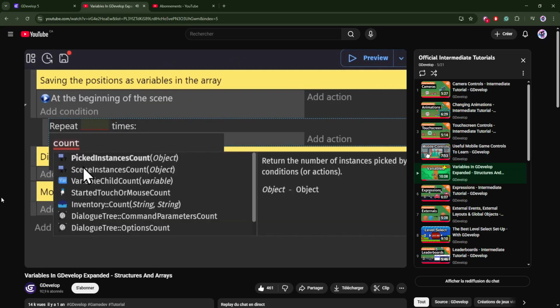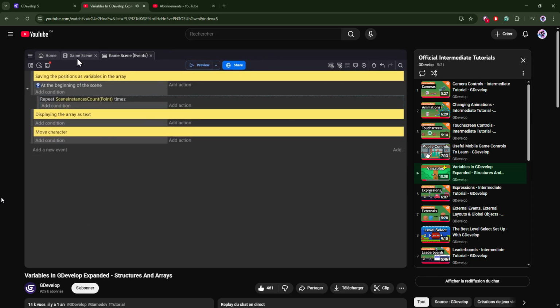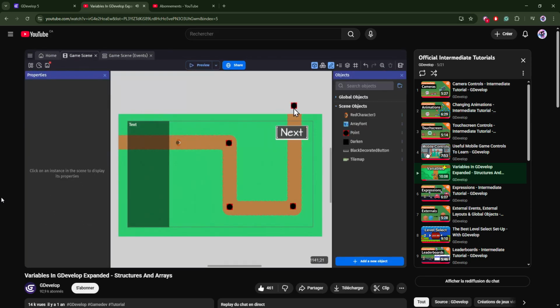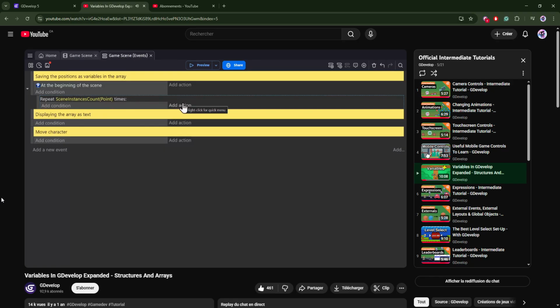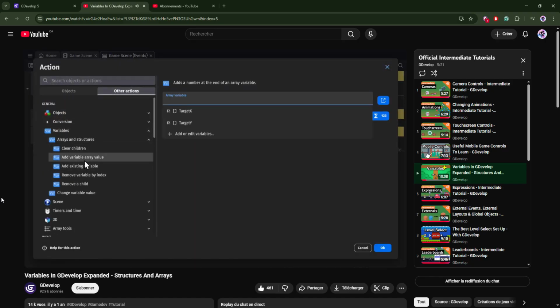So count, and we'll get scene instances count, and we'll type in point. So now this event will repeat 4 times. And then for the actions, we'll go to variables, array, and we'll use add variable array value, and we'll select